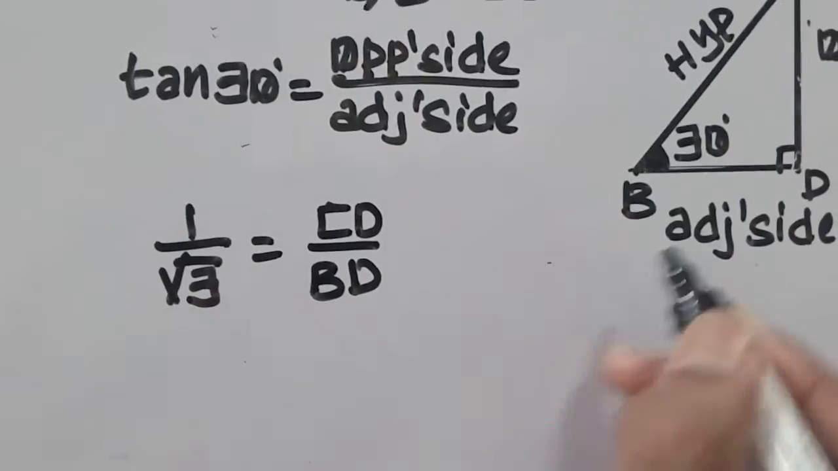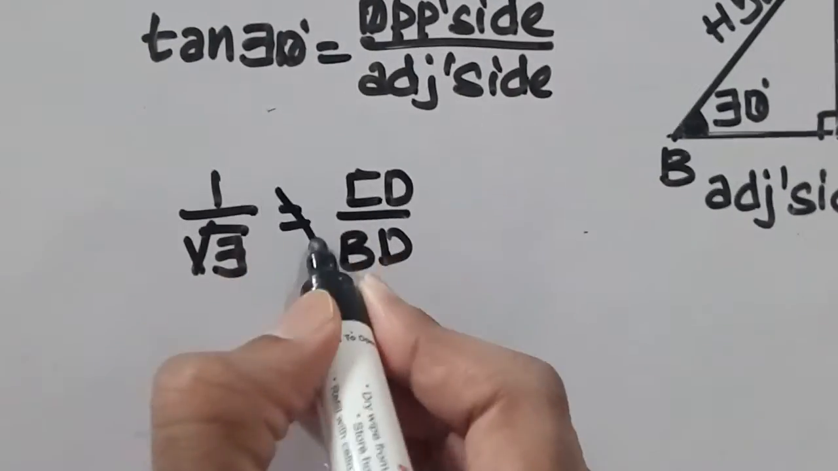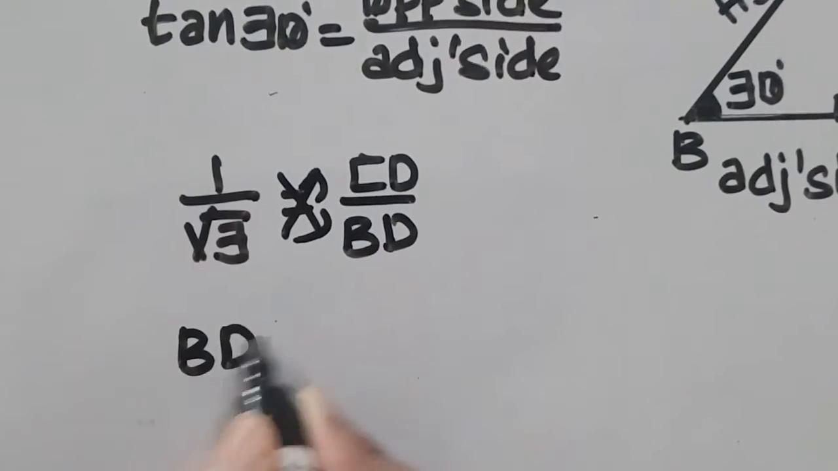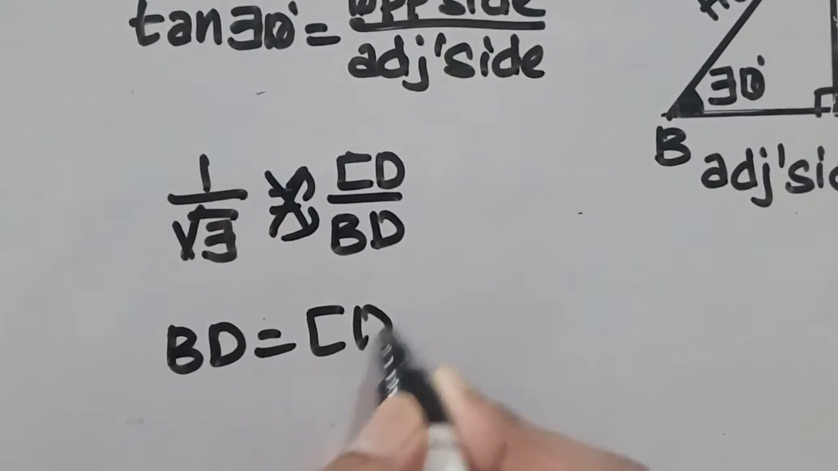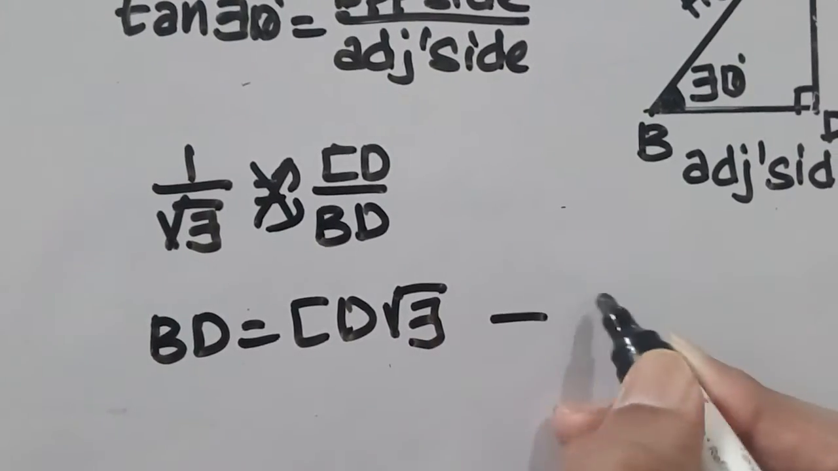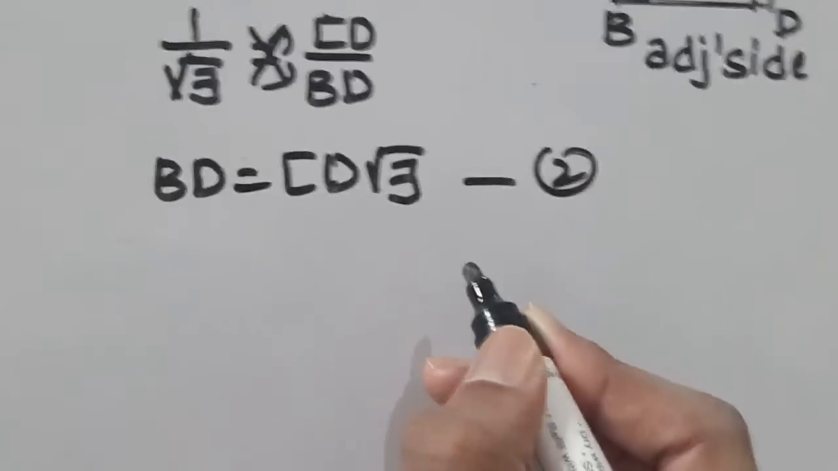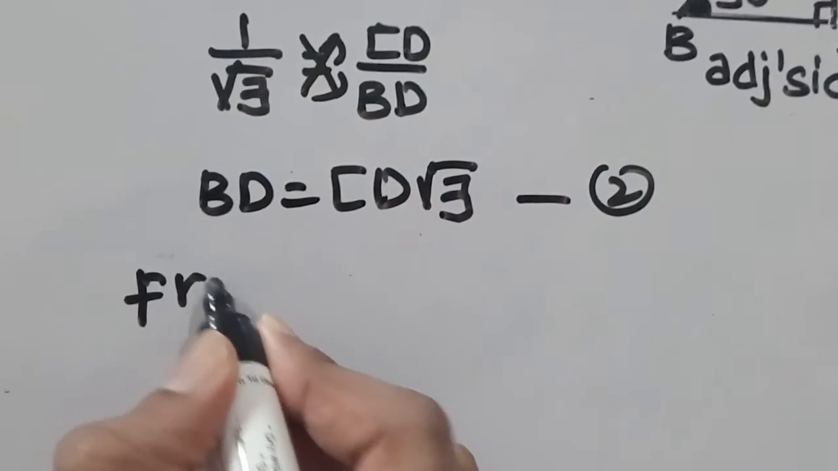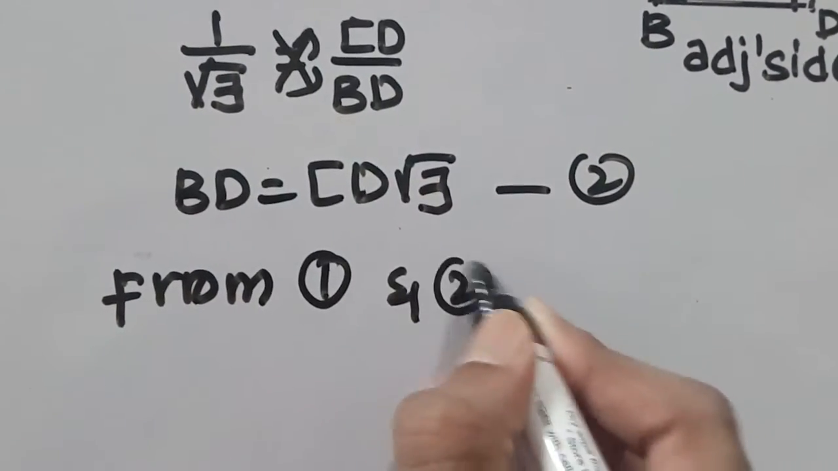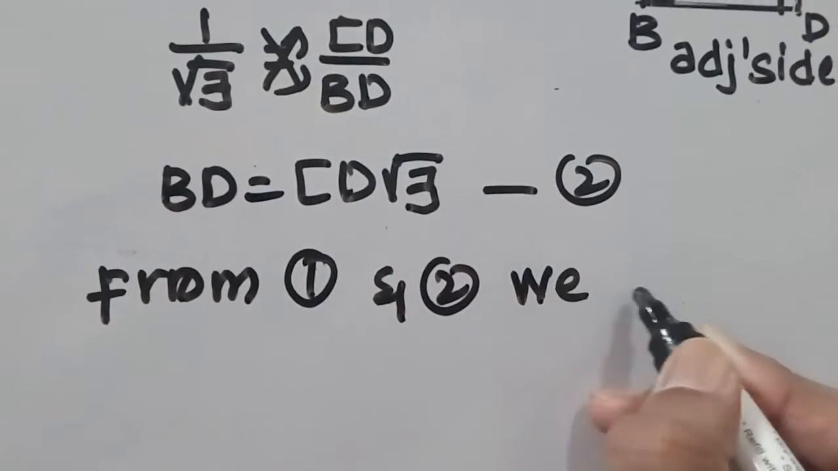In both the cases we'll find BD only. Now by cross multiplication, BD is equal to CD into root 3. This is equation 2. From 1 and 2 we get